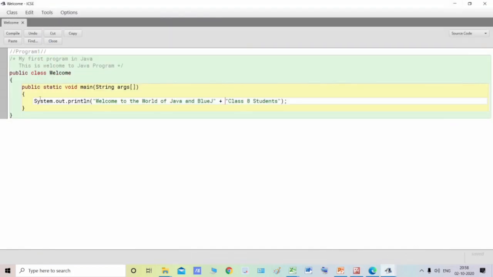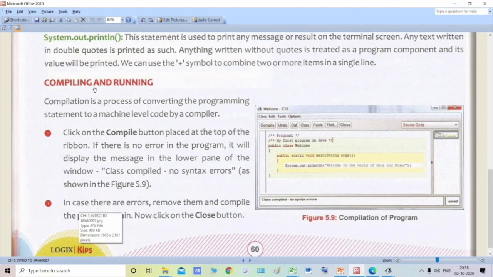So this is our first Java program. After typing this Java program, you need to compile and run it. Now what is compile? You had studied in class 6 what compiling is. Compilation is the process of converting programming statements into machine level code by the compiler.